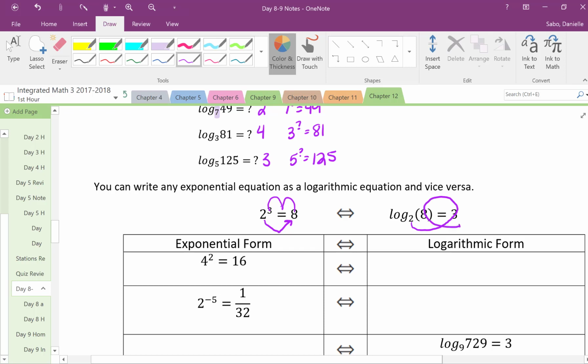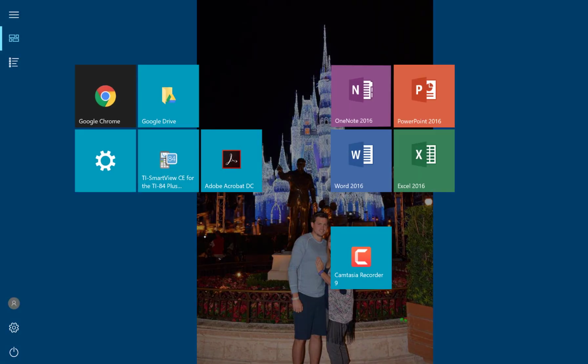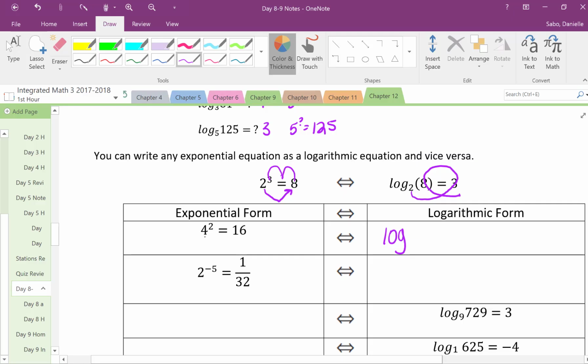Okay, it's kind of like a little trick to help you get it in the right notation. So let's actually practice it. When you're going from exponential to log, I'm going to write my log out first. You always start from left to right, like you read. So log base what? Log base 4 of 16